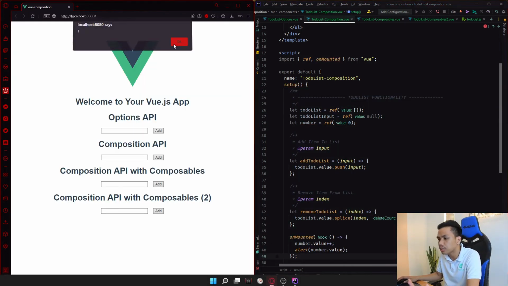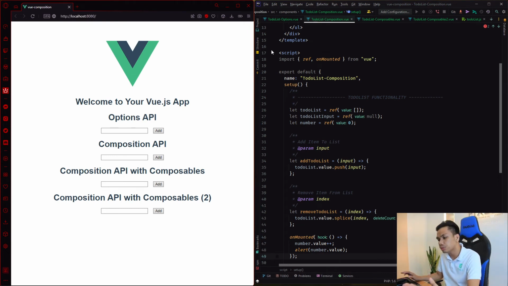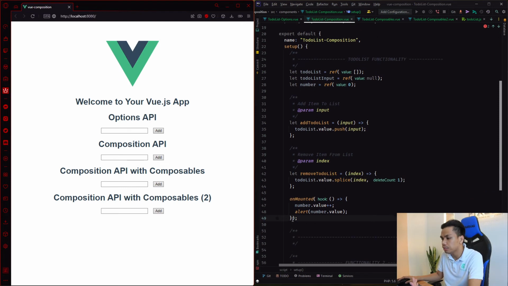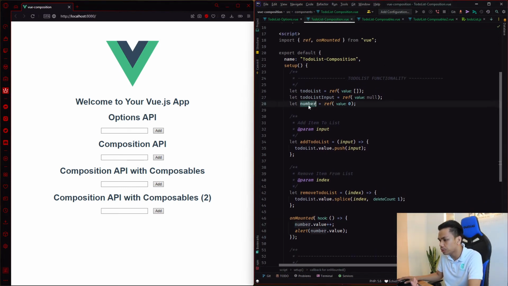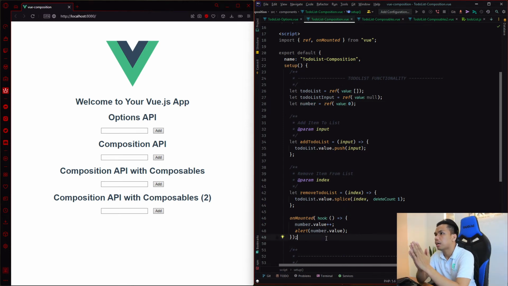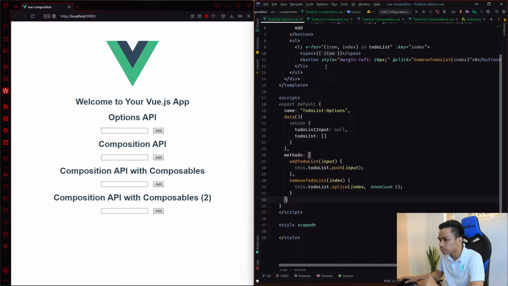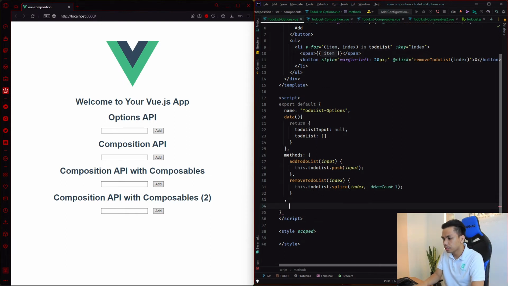In our case, for more code clarity, we just put it in the bottom section to make things much cleaner, meaning we reference the number which is declared up here, just to make things simpler. So aside from mounted, you also have watchers, right? You're going to ask, how about watchers? So in this case,